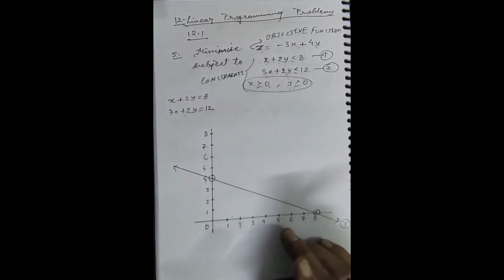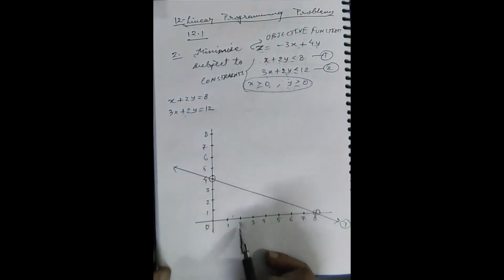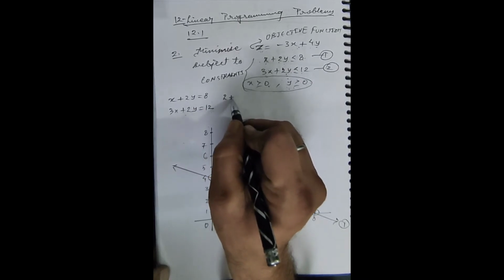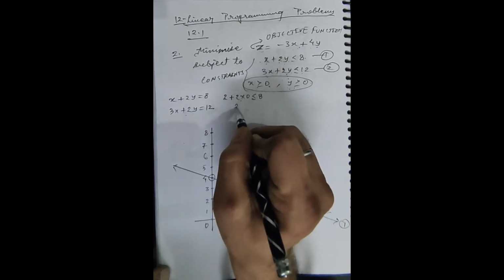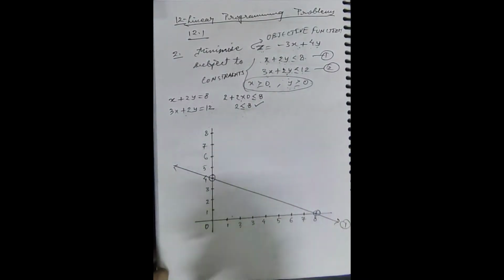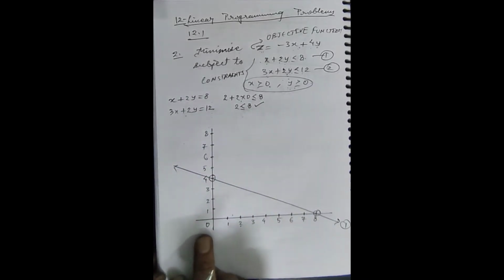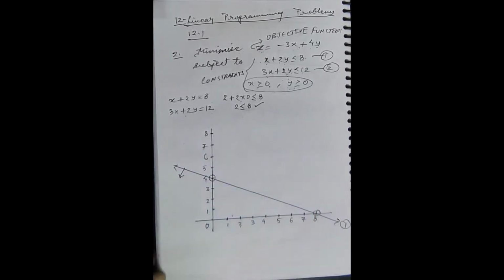Any one point can be chosen and substituted in inequation number 1. If I put 2, 0 here, I find 2 plus 2 into 0 is less than or equal to 8. Solving, we get 2 is less than or equal to 8, which is a true statement, meaning shading will be done towards this group of points. And as the origin is available here, we can say shading will be done towards the origin, and we can put an arrow to show the direction. Shading can be done later.